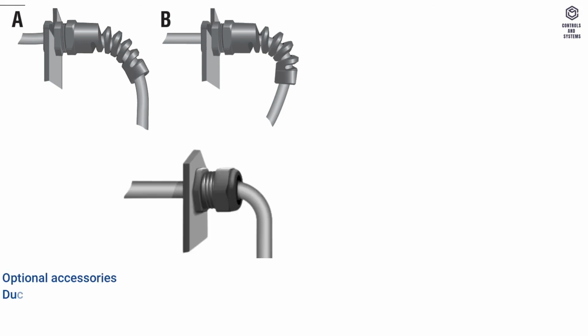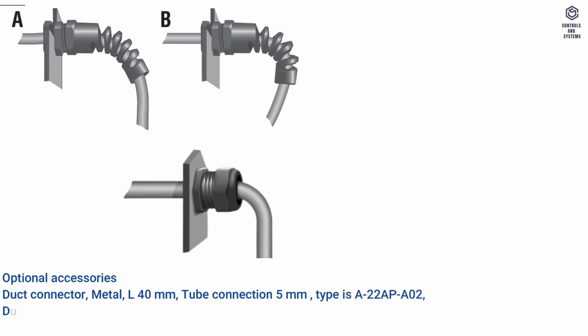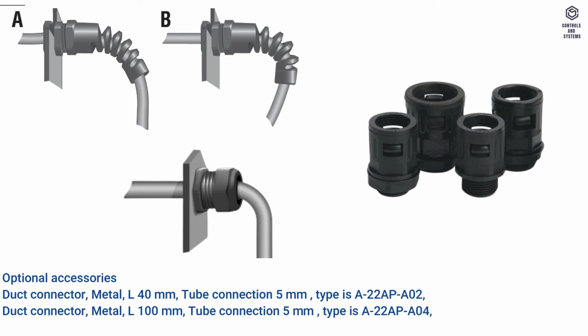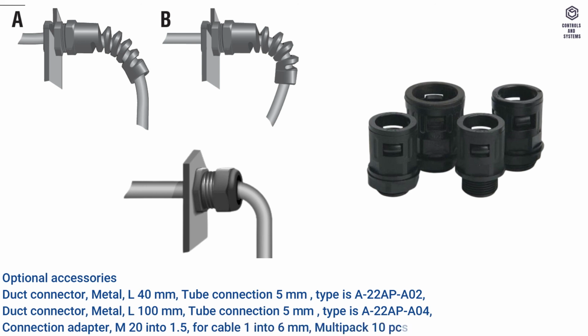Duct connector, metal, L 40 mm, tube connection 5 mm, type is A22AP02, duct connector, metal, L 100 mm, tube connection 5 mm, type is A22AP04, connection adapter, M20 x 1.5, for cable 1 x 6 mm, multi-pack 10 pieces, type is